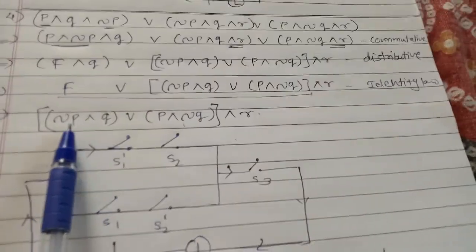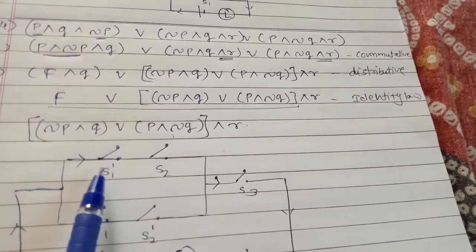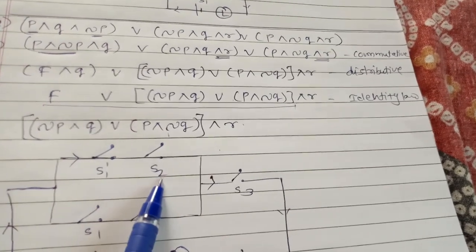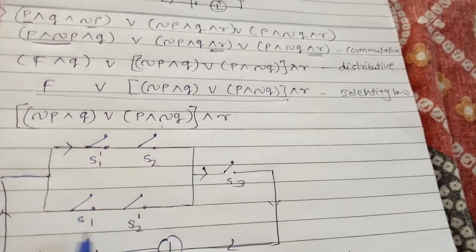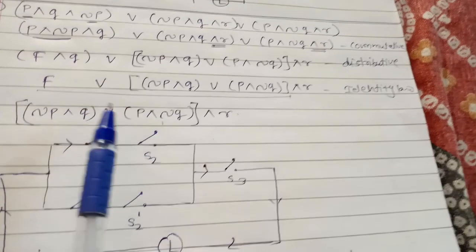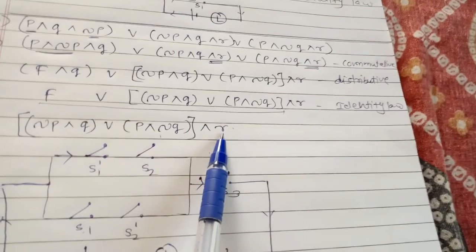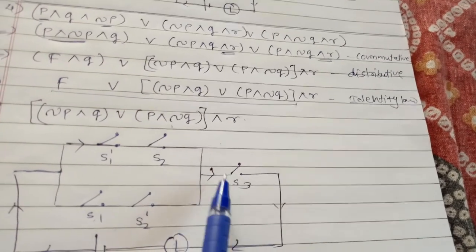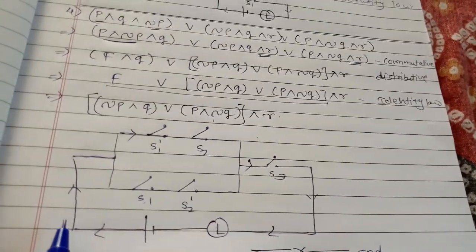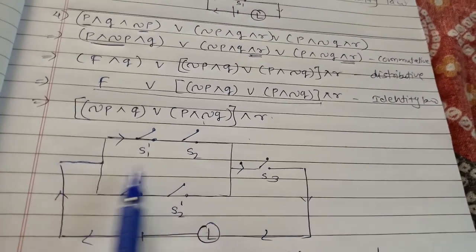So we are going to interpret the result, that is the circuit diagram. These two switches are in series, so we connect them in series. So negation P, that is S1 dash, and Q, that is S2 as it is. Next one, that is P conjunction negation Q, means these two switches are also in series, S1 and S2 dash, and these two have disjunction, so they are in parallel combination, and R, that is S3, is in series combination. So here we add the S3, and this total we completed. That is, here is the battery and the lamp, and we have to show the arrows.